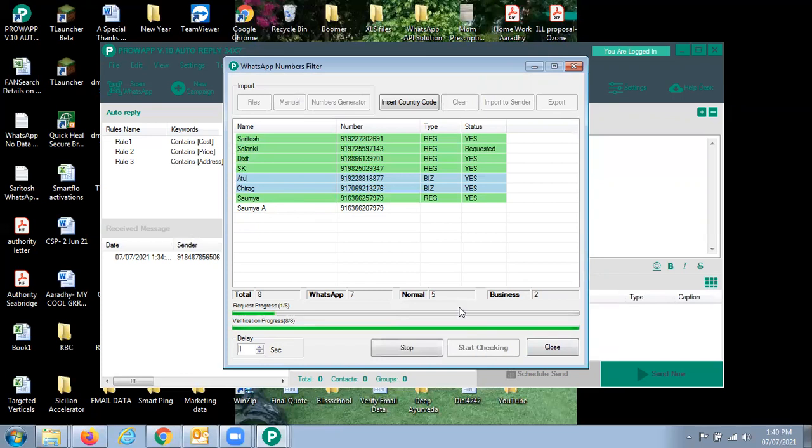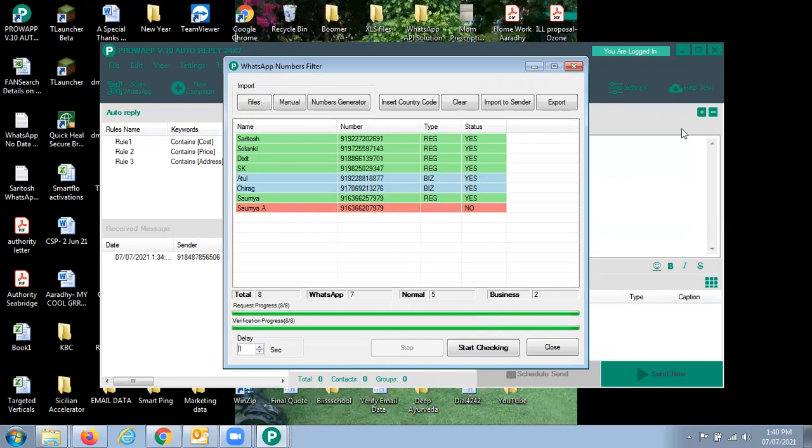Now we'll again check. All others are already requested. We only need to check the last one. This number is not on WhatsApp, correct? When you have a database of, suppose, 5,000 numbers, you upload it here and run this for the filtration. Now you come to know which numbers are not on WhatsApp. When uploading in bulk, maybe out of these 5,000 numbers, 1,000 are not on WhatsApp. So those 1,000 numbers are of no use for this software as bulk WhatsApp, because those numbers are not active on WhatsApp.